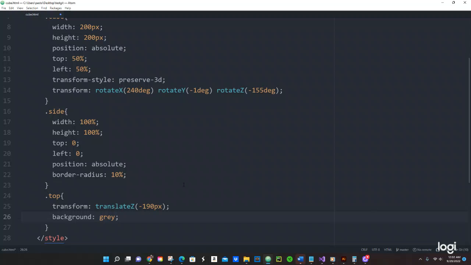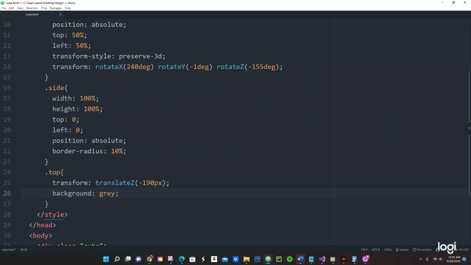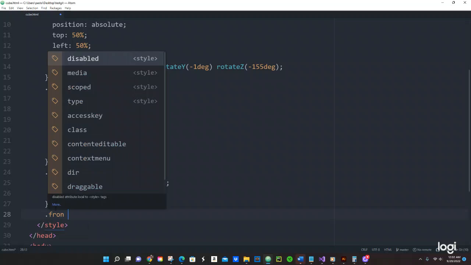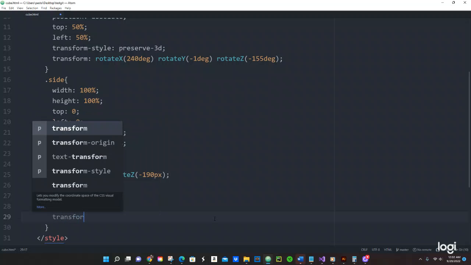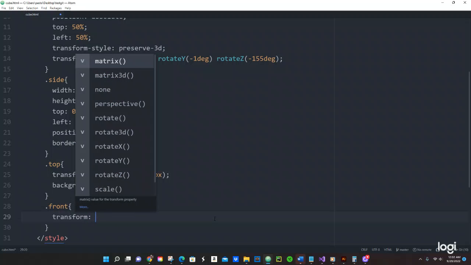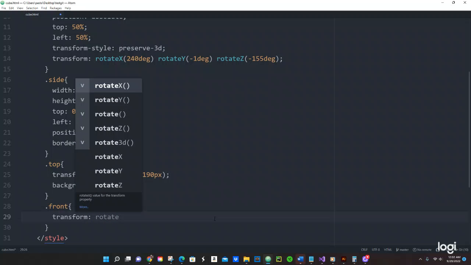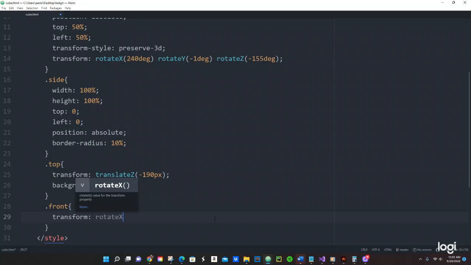Okay, and then we have front, and right here we have transform, we got rotate X, 95 degrees for this. Okay,